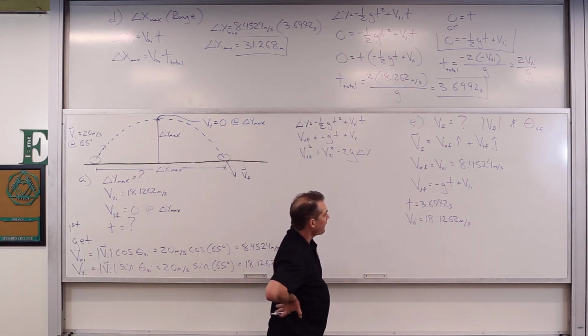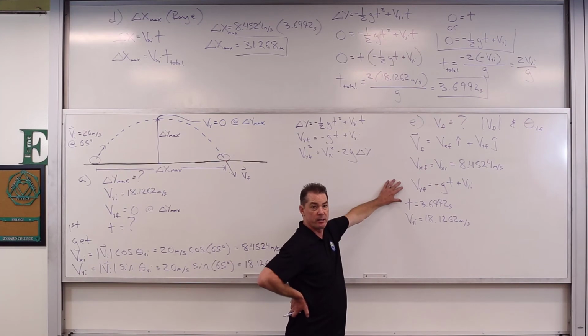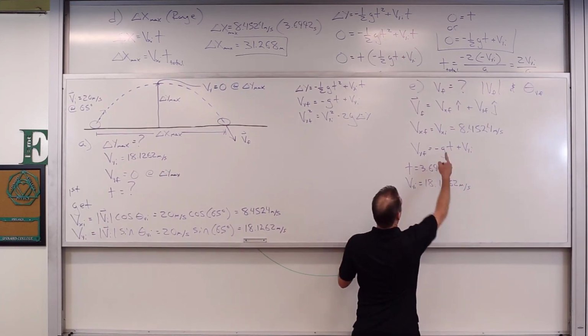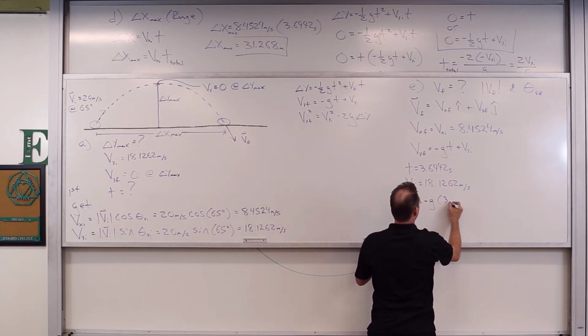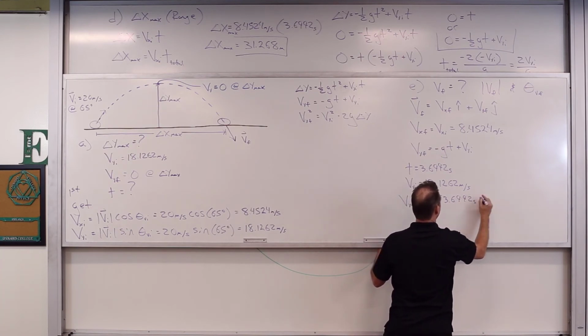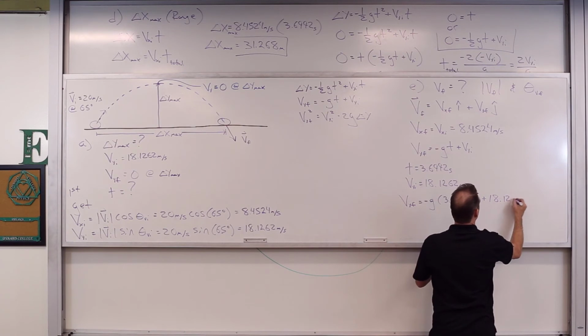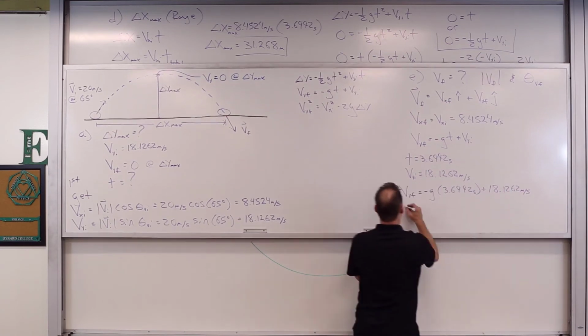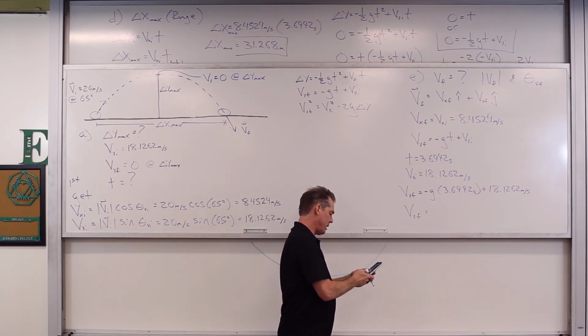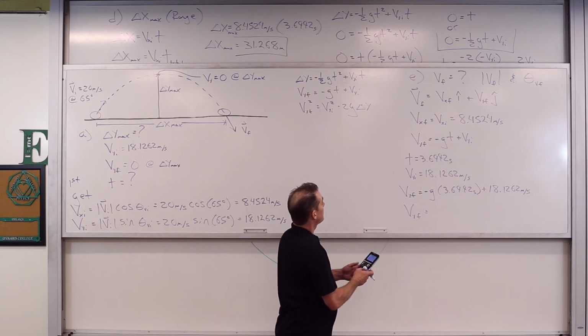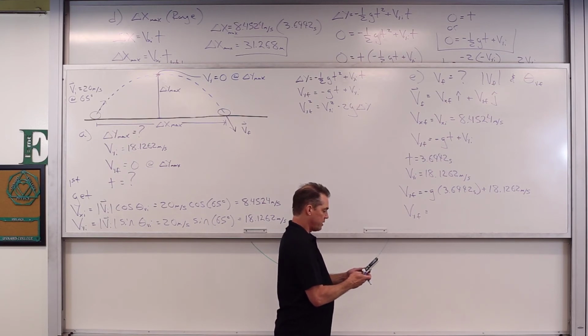Well, that's one way to get it. I want to look at this a different way. We could easily compute this. Let's just compute it really quick. Let's solve this for Vy final. Vy final is equal to negative g times 3.6992 seconds plus 18.1262 meters per second. Go ahead and stick that in our calculator: 9.8 and negative 3.6992 plus 18.1262 gives me